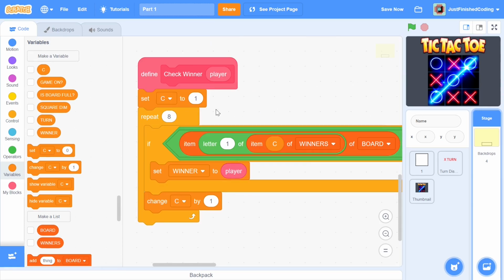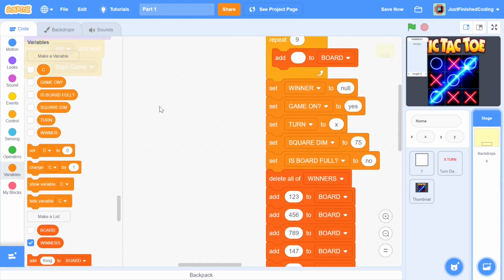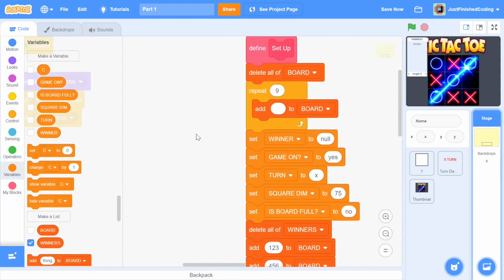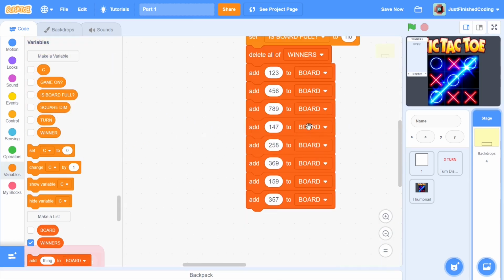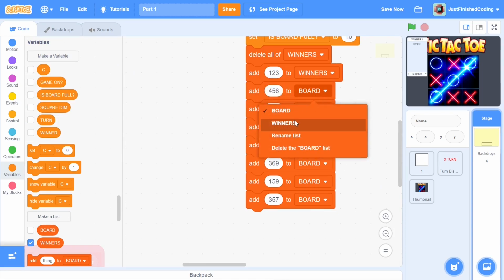So now what's going on here? So basically our winners list, after we press the green flag, is going to have a whole bunch of things in it. So let me check. Okay, what is going on? Alright, I didn't have setup yet, I believe. I didn't say setup. Okay, I did. I'm not entirely sure why nothing is happening in winners, and I guess it's because I added stuff in board. Okay, so that was the problem.